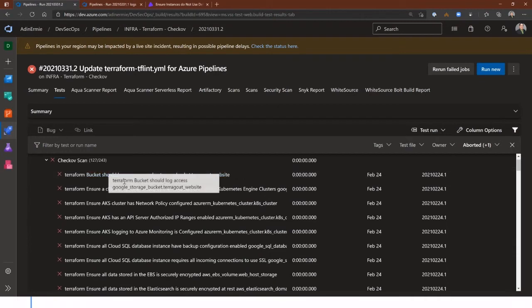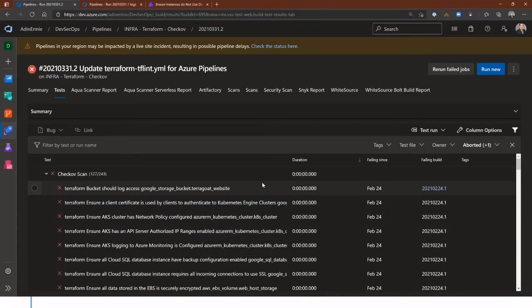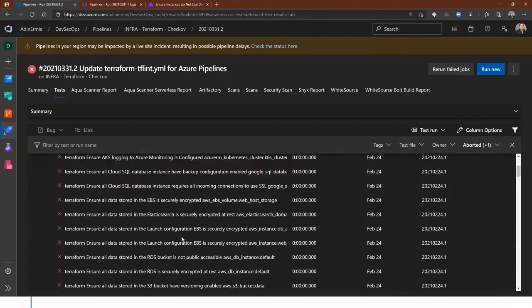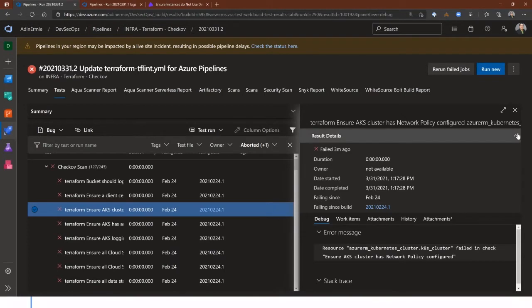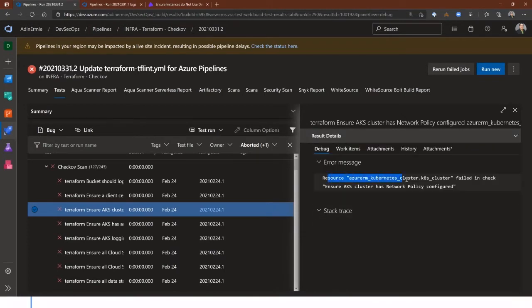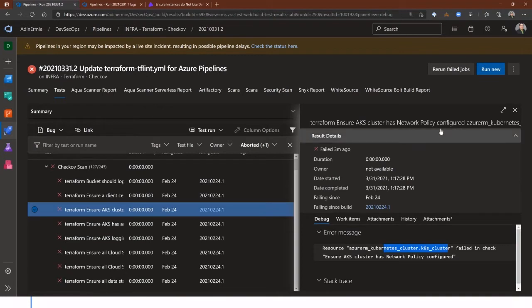So we see all of those rules that failed, right? It doesn't list by default all the ones that passed because then it would be a longer list, but you can toggle that. And here's the ones that we need to focus on. So if we choose something in AKS, if we click on that, collapse this a little bit, again, it provides us the specific information of what failed, so this specific resource. Some will provide additional information on the lines and so forth. It depends on how it publishes that XML file.